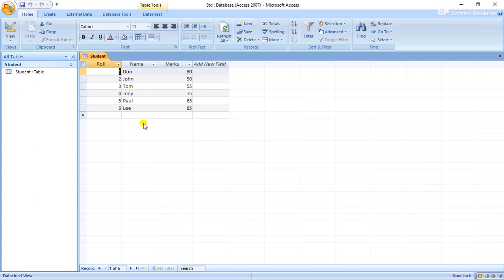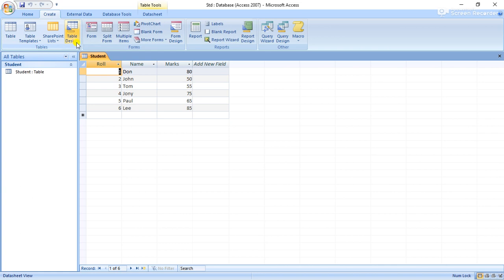In today's lecture, we have to create two tables. That's why we have to create another table in this database. So click on this create option, then click on the table design.